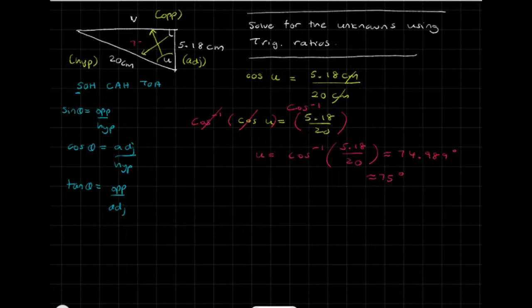Okay, so this is 75 degrees, right? We have this 90-degree angle here, so we can actually find the remaining angle, right? This angle and u should add up to 90 degrees because they're complementary, because the sum of interior angles adds up to 180, right? So this plus 90 should equal 180. So this has to be 15 degrees. Now let's find